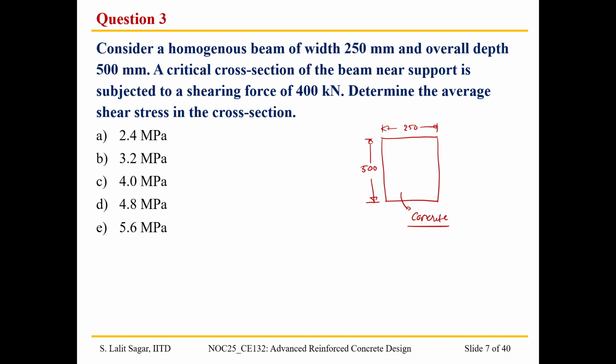It is fully made up of concrete. Now, how do we calculate the average shear stress? Average shear stress, that is tau V average, is equal to Vu by B into B. So we can substitute the value. The shearing force is 400 kilonewton. Let us express all the forces in Newton and the dimensions in millimeter. This is 250. So which gives us a value of,